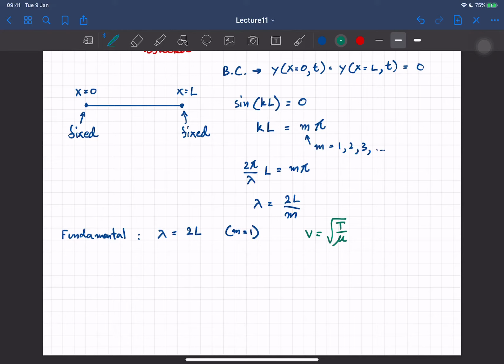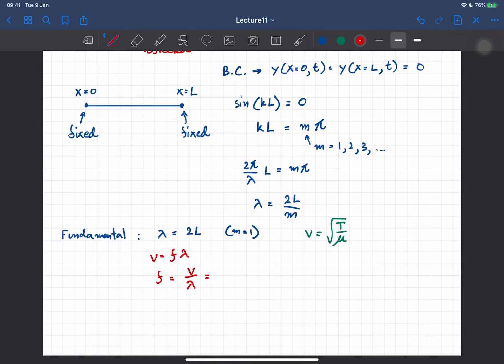That's how you tighten the string, that's how you choose the string. So you cannot really change this unless you change the string type. So that's fixed. V is fixed, and lambda in this case is 2L. So we can use this formula, V equal to f times lambda. So the frequency in this case is V over lambda,